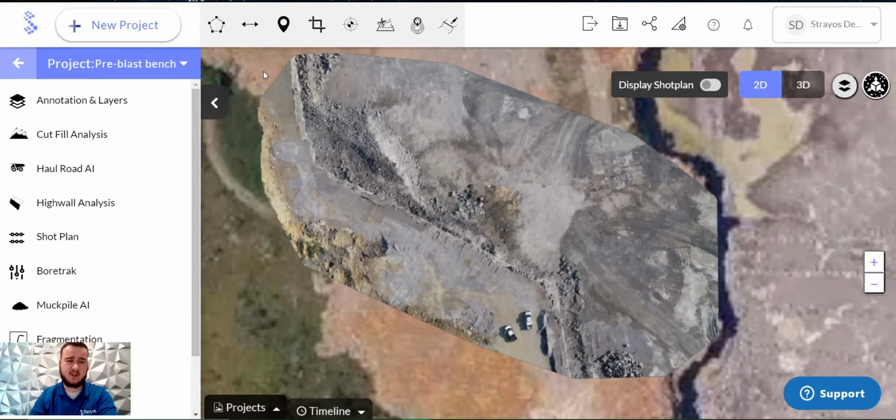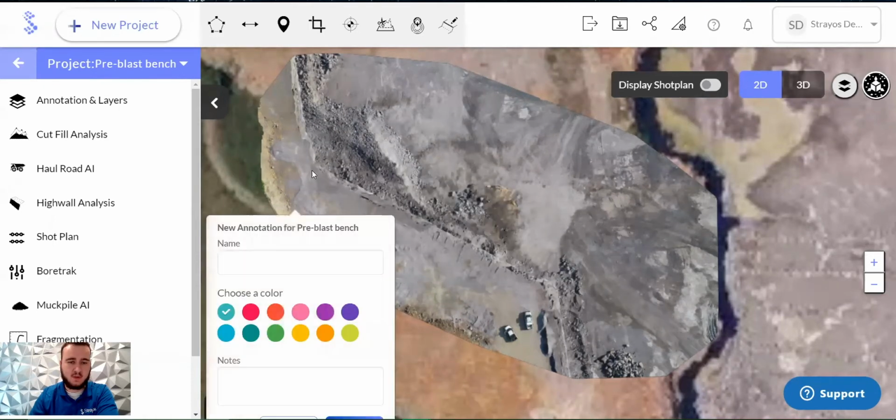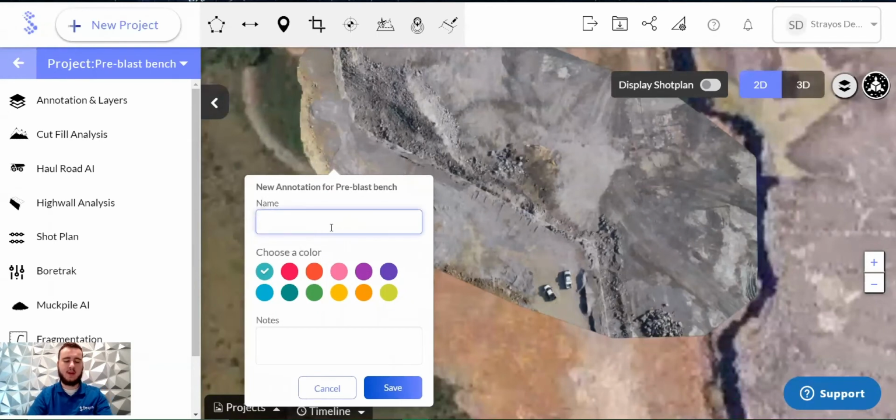Today we're going to be talking about all the tools within the toolbar here in the platform. The first tool we're going to talk about is the polygon tool. As you can see, you can just click on it and start dragging and just dropping points all over the orthophoto. We can give it a name,